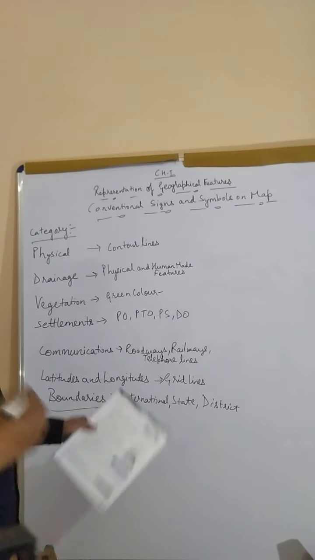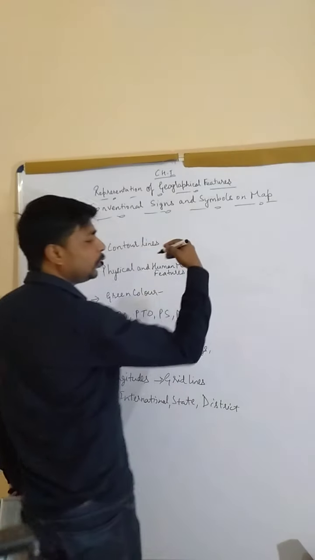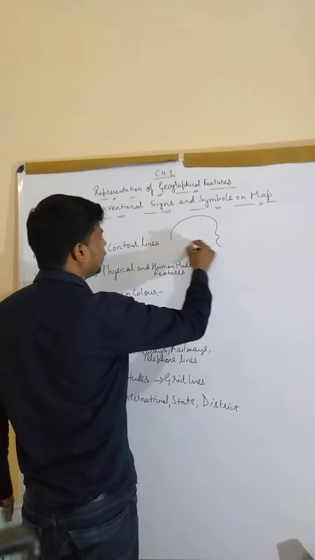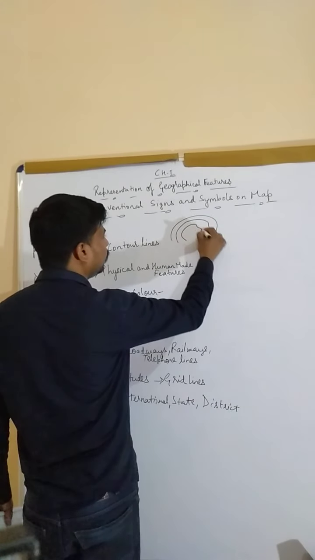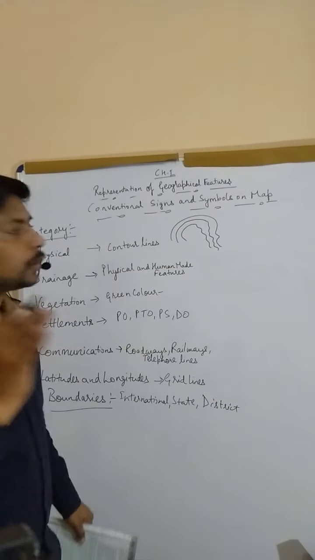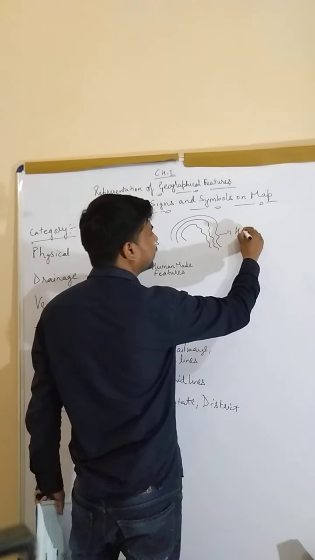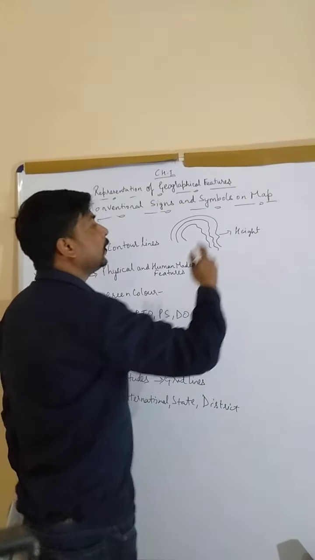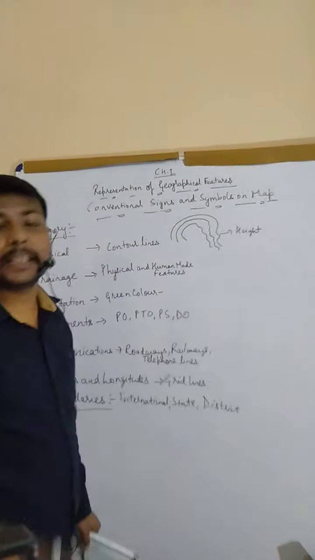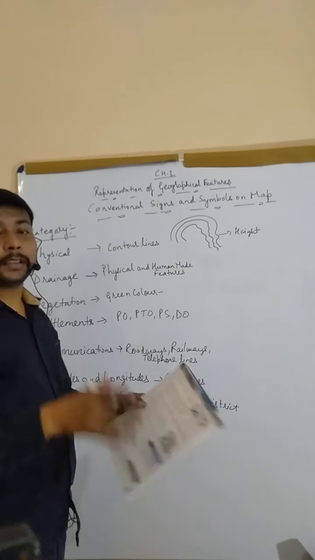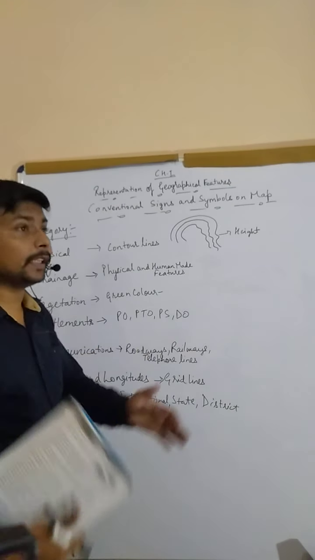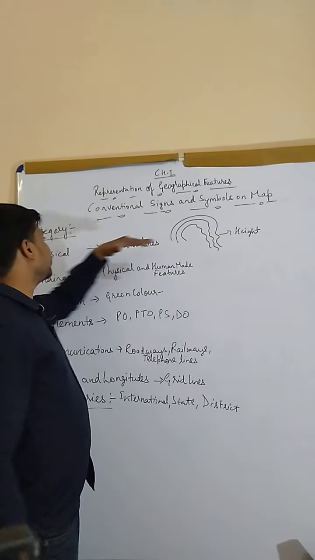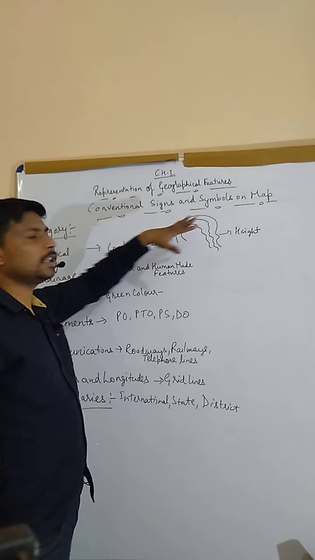Like I told you in the previous class also about contour lines, contour lines are lines which are drawn like this, right? What they actually tell you is height, meaning that particular place is how much height from the sea level. The height of that place from the sea level is given to us by the contour lines, right? So for the heights, they will tell you in the physical map through the contour lines.